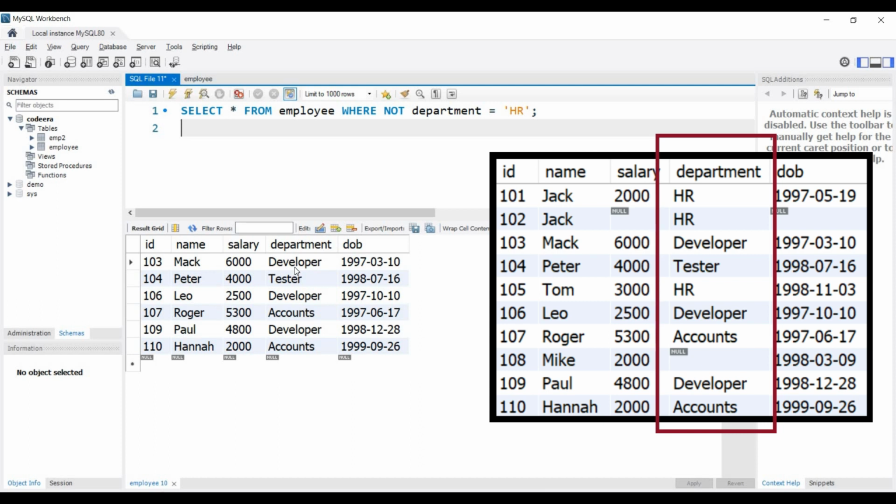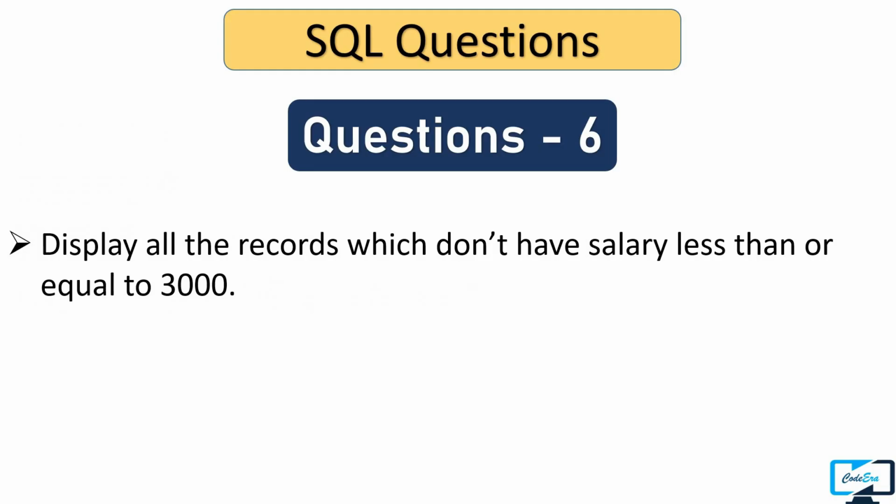So guys, in the case of other operators like less than, greater than, less than or equal to and so on, you will have to use the NOT operator if you want to reverse the condition. For example, we want to fetch the records which don't have salary less than or equal to 3000. Then in this case the NOT operator will help us.